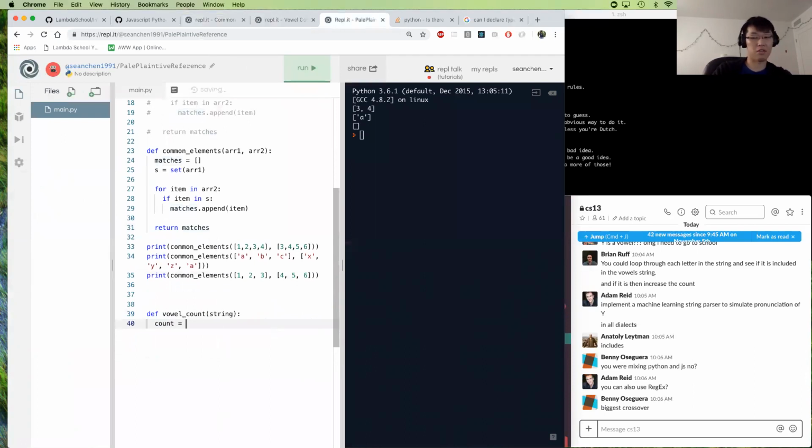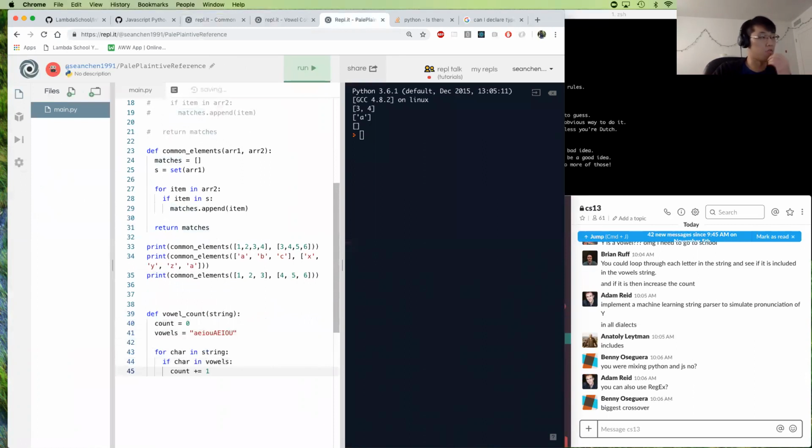So we'll have a count initialized to 0. We can again do vowels. And then for char for character in string, if char is in vowels,